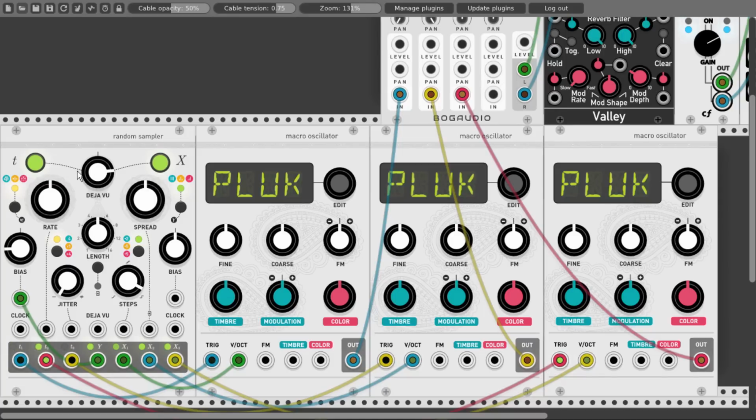And even when the sequence is locked, we can still play with the different settings here. So we can, let's say, lower the spread and the bias. We can add some jitter. Let's make this a bit quicker even. And we can lock also just the X section.